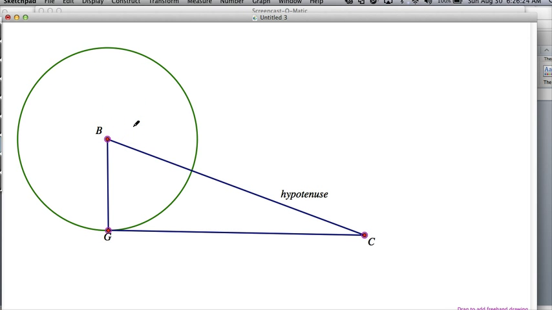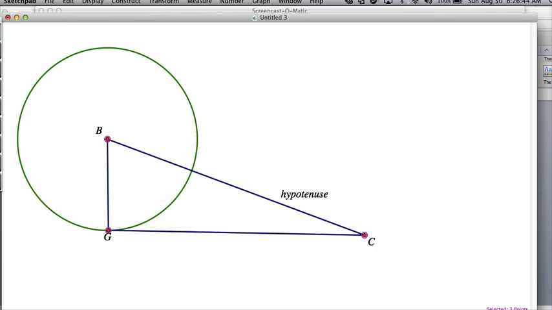And it makes sense that it wouldn't be, because I just arbitrarily picked that point, and it would be highly unlikely for me to get it to be exactly 90 degrees. But at least now students should understand what our goal is. So we need to have a 90-degree angle there at G in order for segment CG to be a tangent